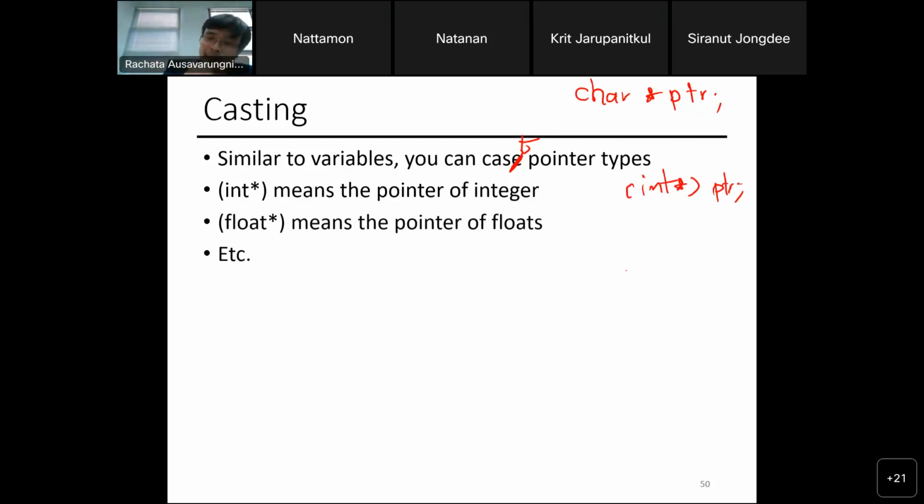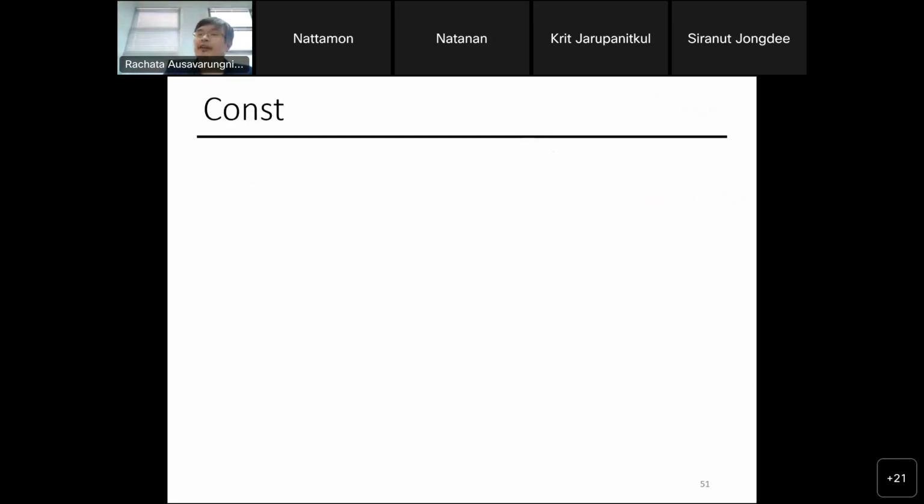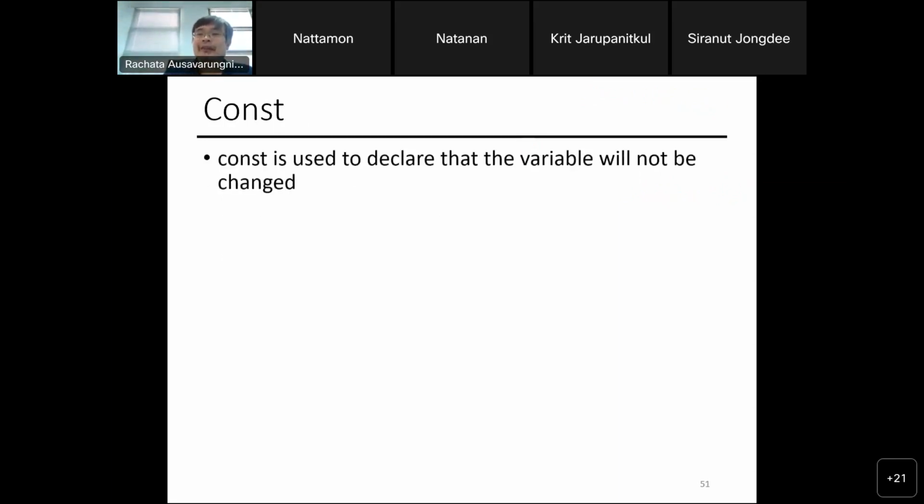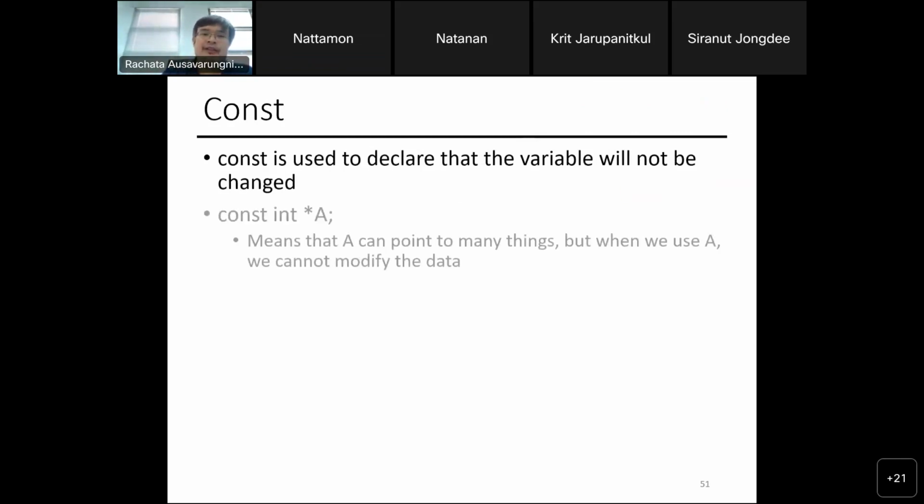Now we are done with pointers. The next thing we have to talk about is constant, right? Constant is used to declare that the variable will not be changed. For example, if we do const int star a, it means that a can point to many things, right? It's just a pointer. It can point to many things, but I, as a programmer, declare that a is an integer pointer that is not going to be modified.